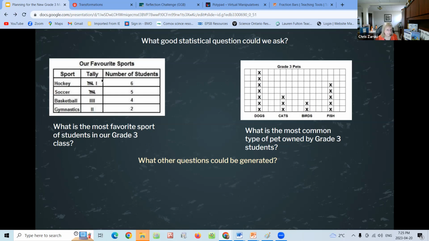And the other piece is that it tells you, how do I even record my answers? They use tally marks. Is there something else that they would use, right? What kind of graph are you going to use? Is there some different way you want to collect the data, etc.? Or over here, what's the most common type of pet owned by grade 3 students? These are questions you could ask in your own class as a model, right? We have to model them first so that they know what they're going to do with their own question.